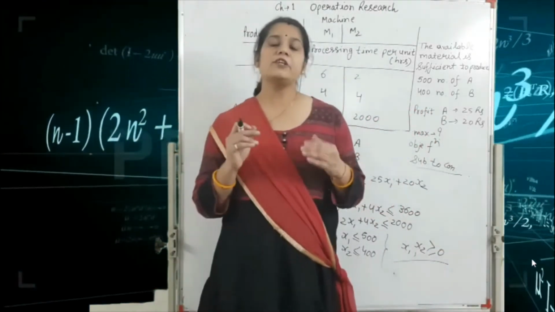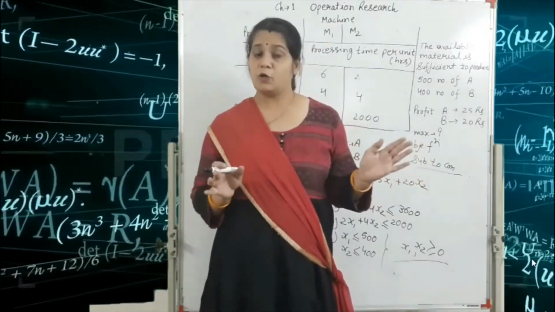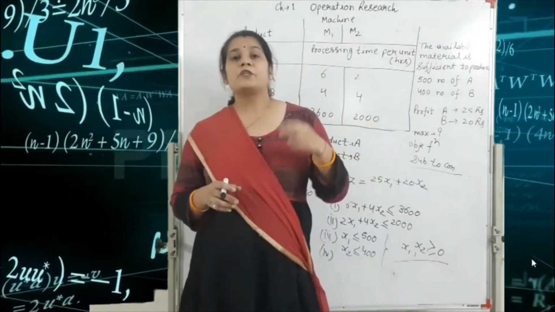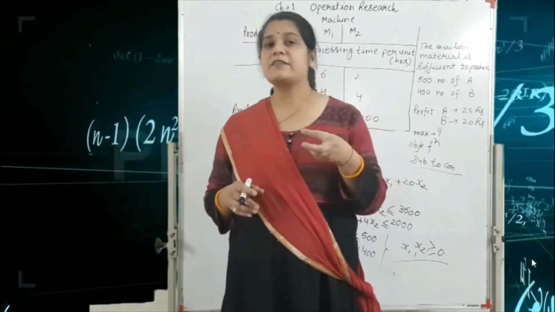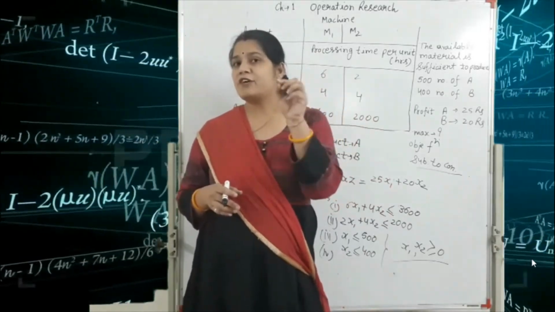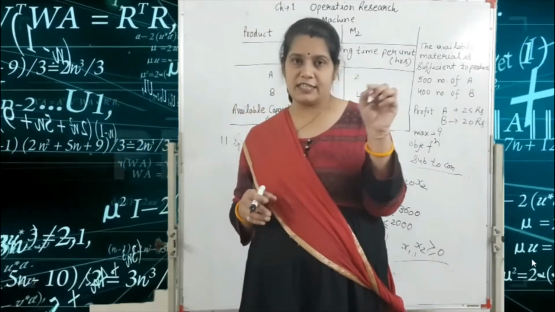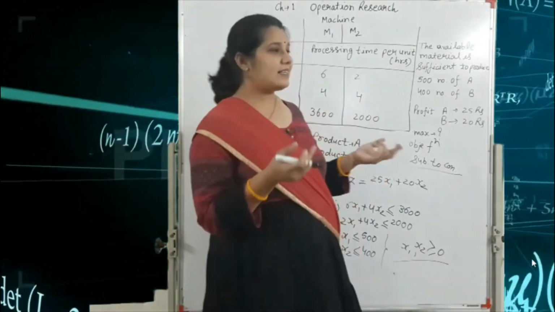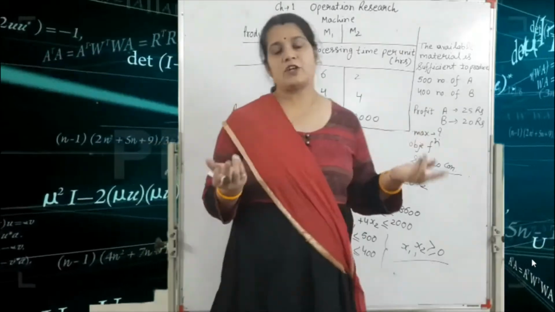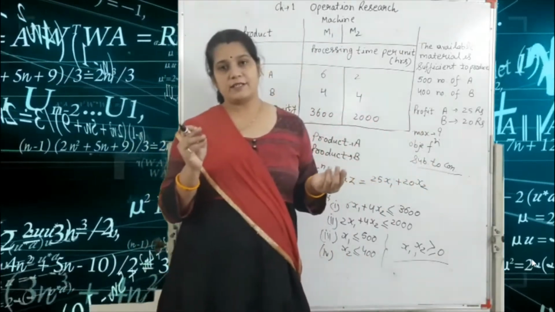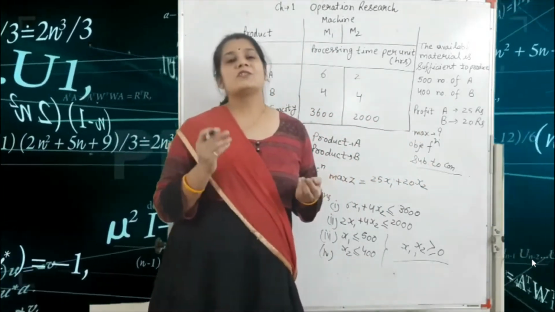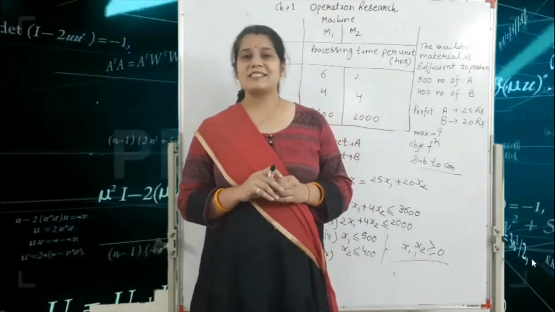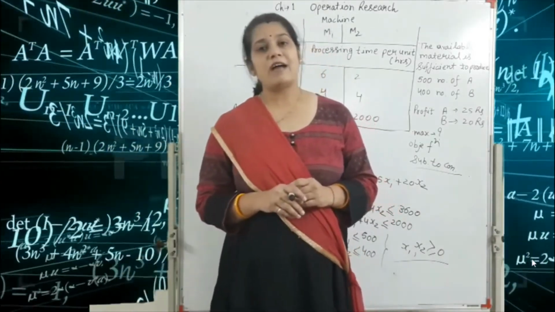Always, your question is given in sentence form. So first you read it carefully. After that you decide the decision variables. The decision variables always depend on your first sentence. Read the first sentence carefully, and if there is any confusion, use the last step: according to the profit or loss, whether two values or three values are given, we consider the decision variables. So this is an example of the formulation of an LP model.